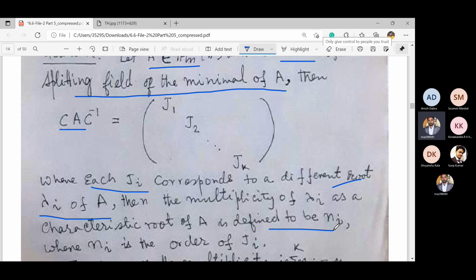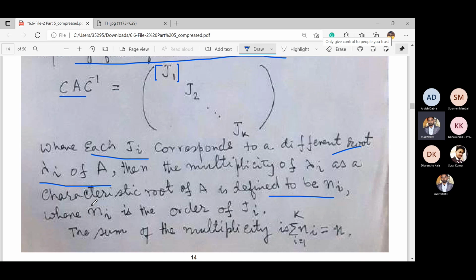Sorry, the multiplicities of the lambda will define the order, where Ji is defined by the multiplicity of eigenvalues,